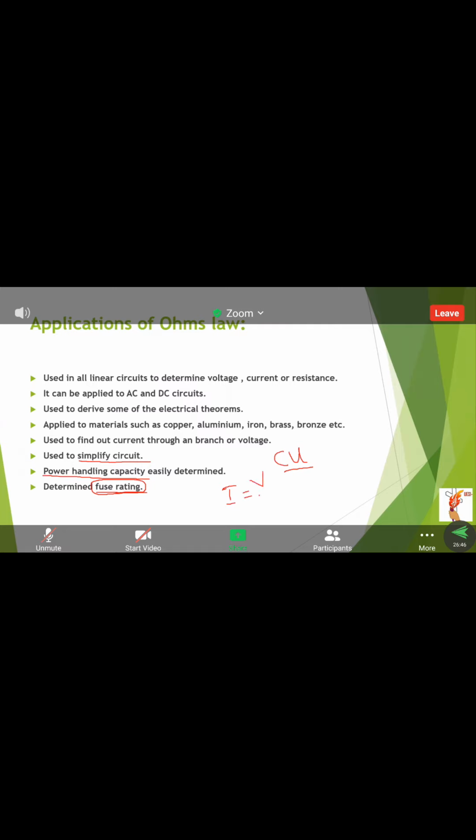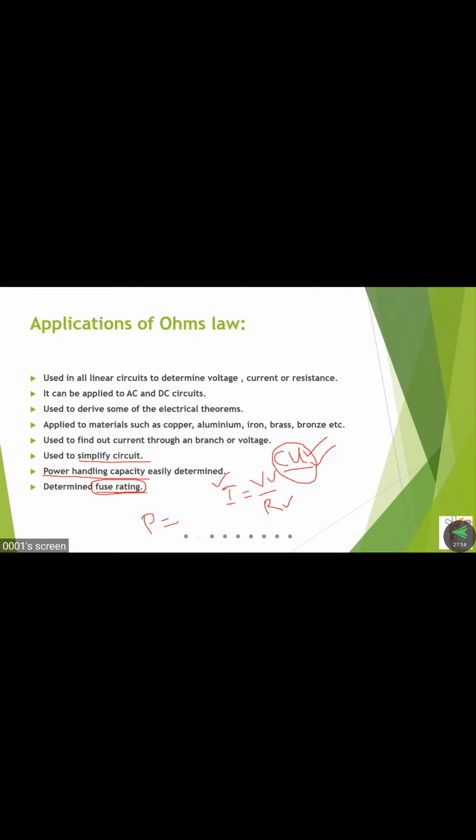I is equal to V by R. We should know the voltage and the R value, the resistance offered by the copper, and at the same time how much voltage can be carried. If you know these two things, then it is easy to find the capacity of current. Generally, the power formula can be written as P is equal to